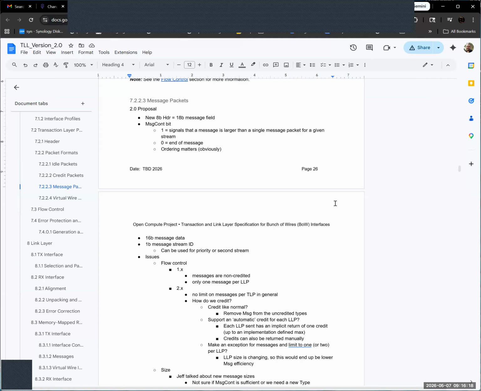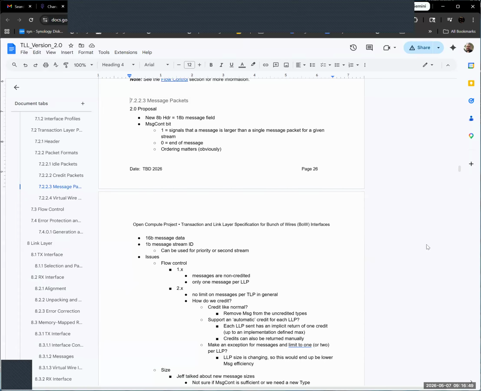If we had a short message and a long message, the long message would eventually need to be credited, because you can't necessarily absorb infinite amounts of bandwidth, the full pipe on the other side, just in the message queue. So again, keep the short message uncredited, and if you want a long message, then it should be credited. I'll probably put a note in the document about that. I think that's it for updates.